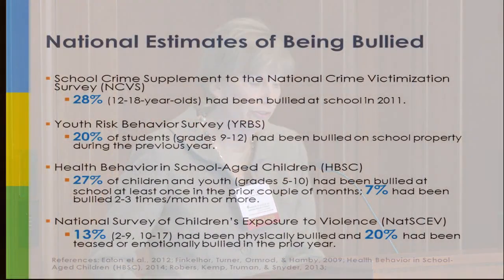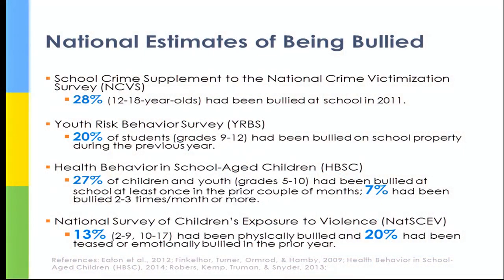And I'm going to focus on several national surveys that provide some insight into the prevalence. I'll describe four briefly and would like you to note that each focus on slightly different age groups of interest. The first, as was alluded to earlier, is the school crime supplement to the National Crime Victimization Survey, which I'll refer to as the NCVS, which found that 28% of 12 to 18-year-olds said that they had been bullied